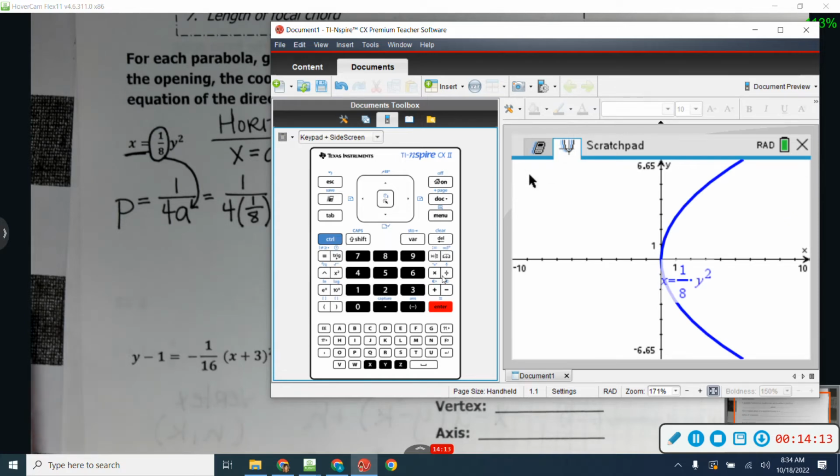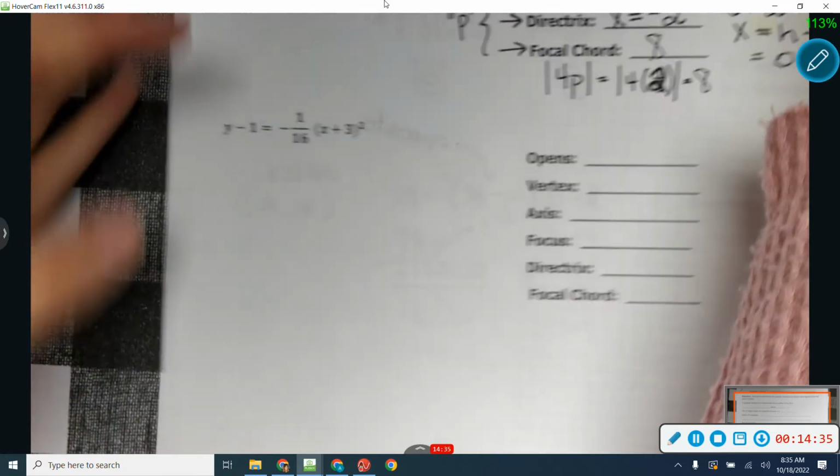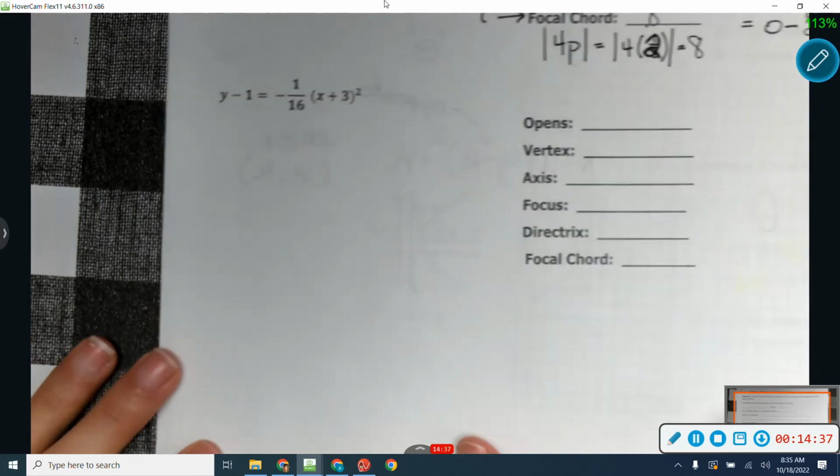Does that open the direction that you said? Yeah. Is my vertex 0, 0? Yes. Now, it's not going to plot your focus and your directrix for you, but you can check to make sure you got the right opening and the right vertex. Are you good with that? Alright. So if I look at my next example,